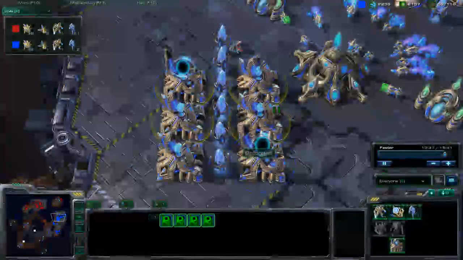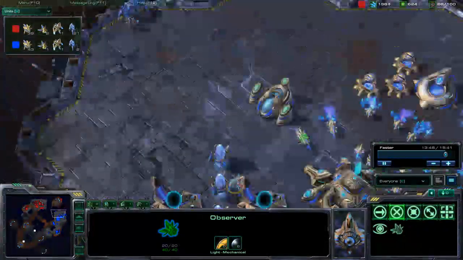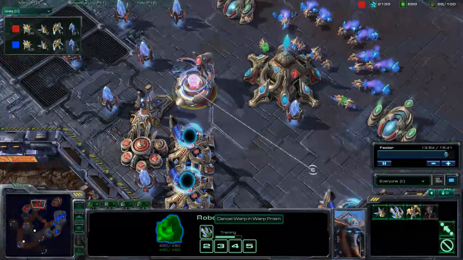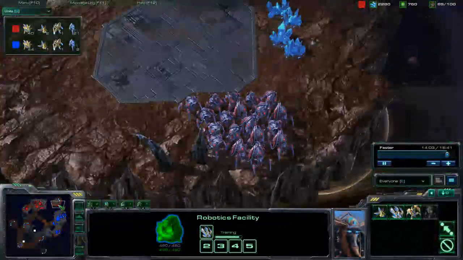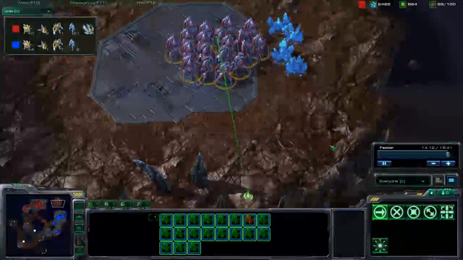So I do have a pretty good method here. I just bring either this one over here or that one up there, and I'm just going to blink across and do some damage. A little bit more damage than I thought. I'm just going to build a warp prism. I had the idea that I might use that to summon reinforcements either here or in his base once I make it there. So I am going to take this observer down here,